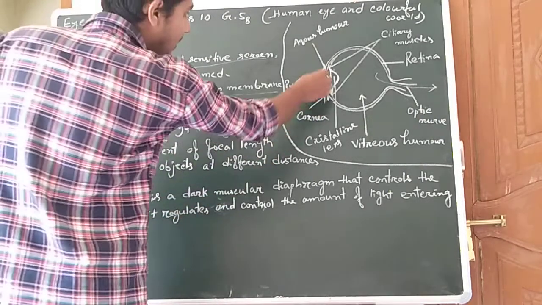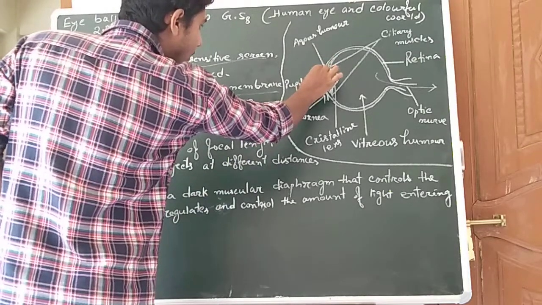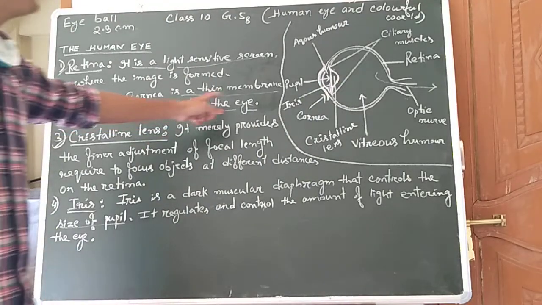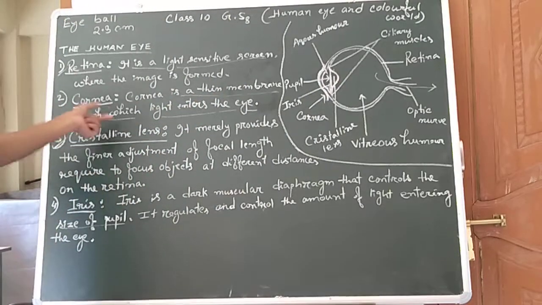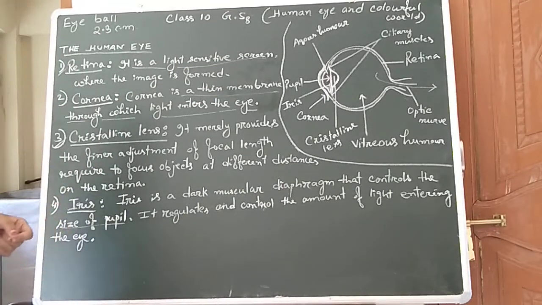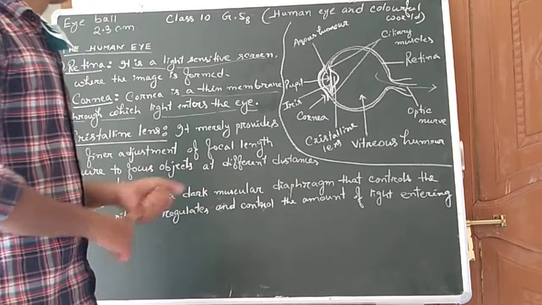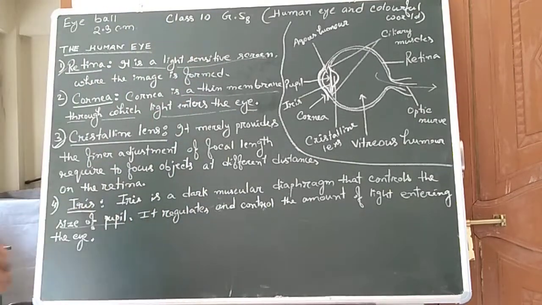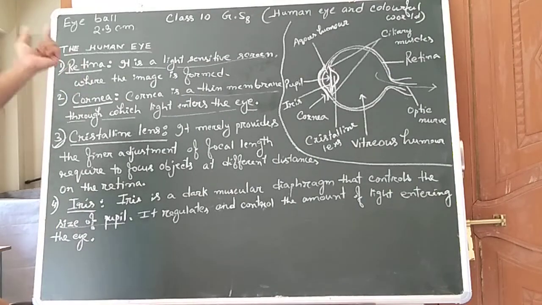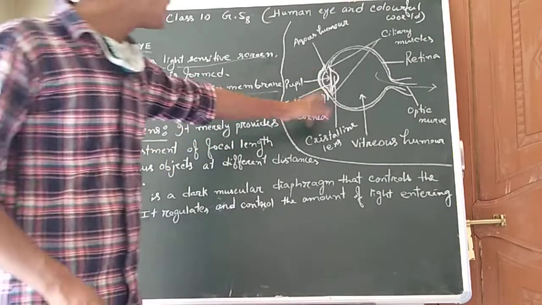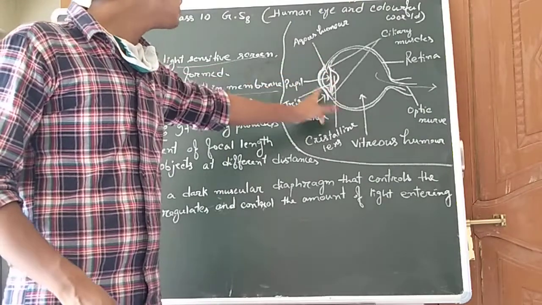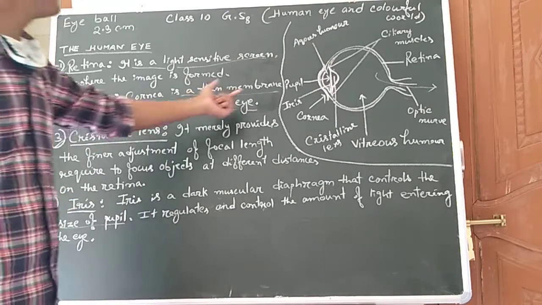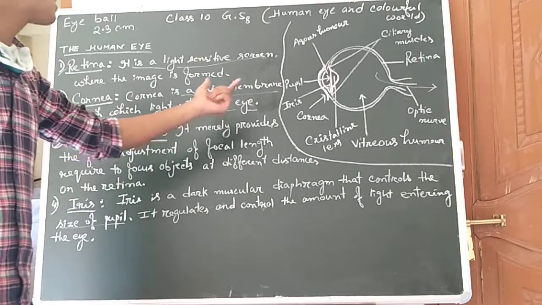And after that, cornea. Where is cornea? You see this lining, the outside lining of this human eye is called cornea. And cornea is a very thin membrane through which light enters the eye. I have told you, we can see an object after light enters our human eye, after reflection from the object. This light enters through this cornea, the outer lining of the human eye. Cornea is a thin membrane through which light enters the eye.